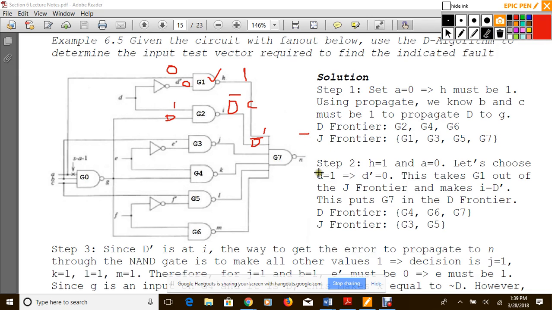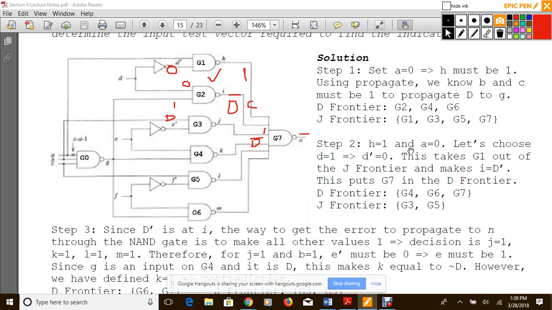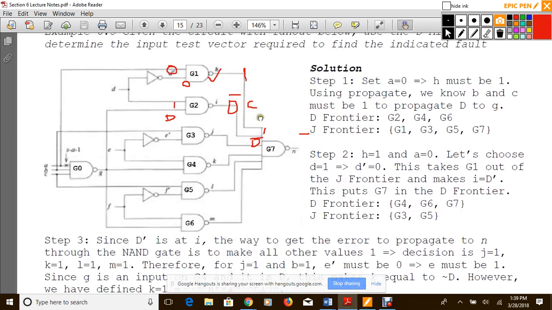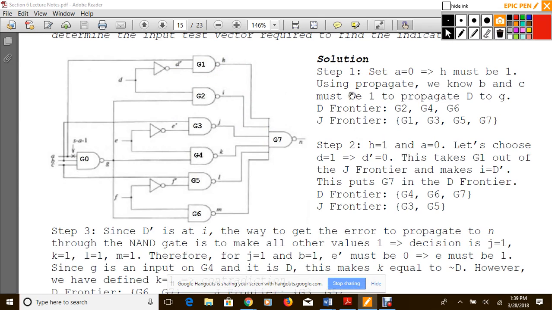Step 3. So now we're going to start checking everything with E here. Since D bar is at I, right? The way to get the error to propagate to N. Let me delete everything. So we got D bar at I. So that's where we were at. The way to get the error to propagate to N